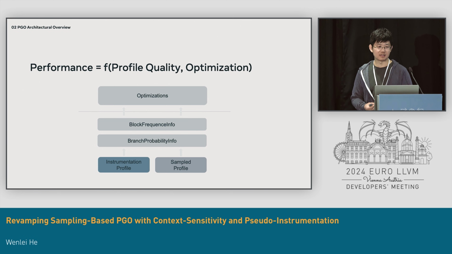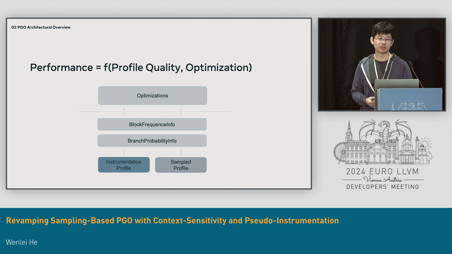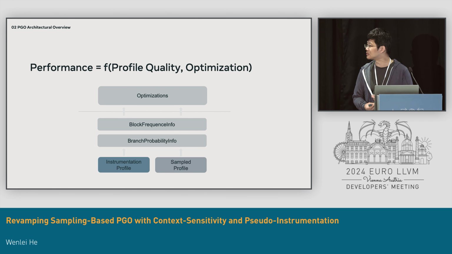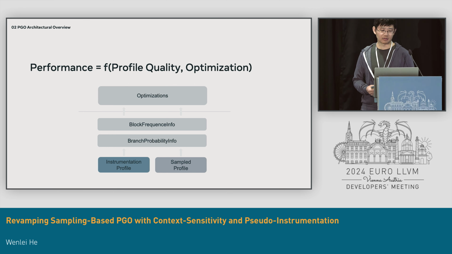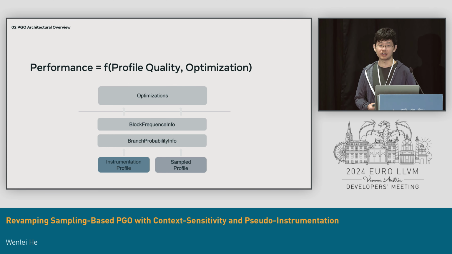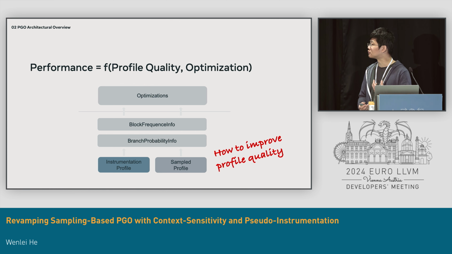So the key difference in performance really comes from the profile quality difference between instrumentation PGO and sampling PGO. We talked about how instrumentation slows down training, which makes it difficult to scale for data center applications. So we turn the question of how we get the best of both into how we improve profile